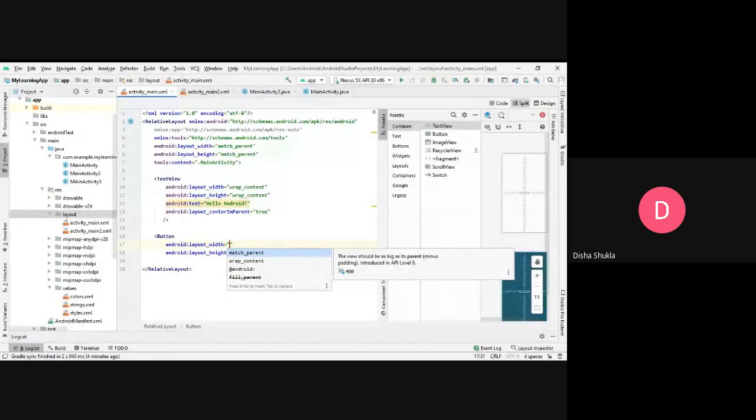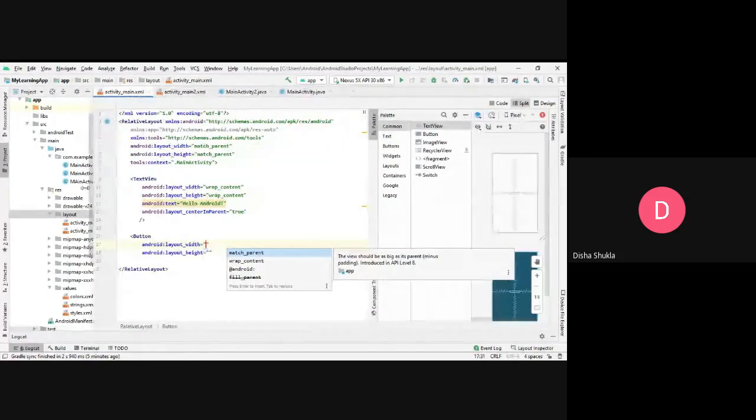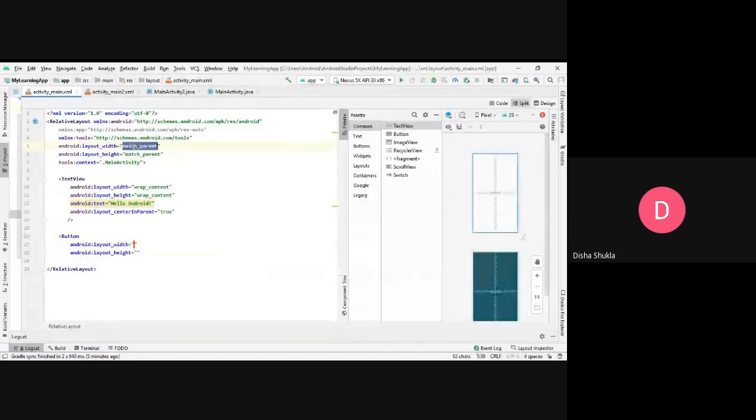That is the layout width and the layout height. Whenever you are using a particular container, I mean the layout or a particular view, you are supposed to mention the width and the height of the view that you are using. Say for example, this is the relative layout, as you can see. So the relative layout has been defined with the width that has a value called match parent and the height that has a value called match parent.